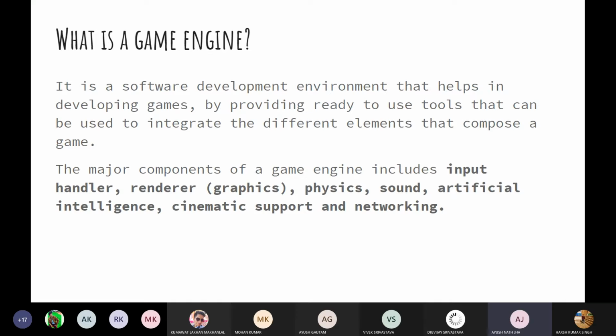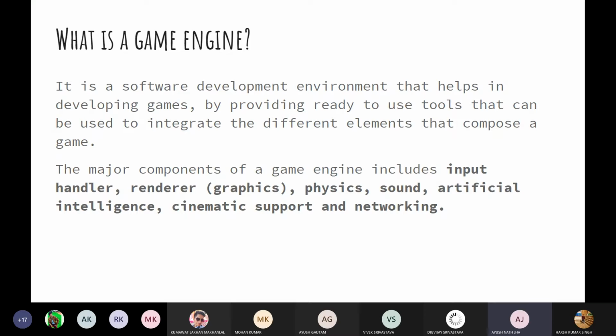Honestly speaking, seeing the vast array of technologies that we use in game development, you can simply say that this field almost surpasses all the other fields, like app development and web development, because it has almost everything that you will encounter in any other stream. So this is a very vast field.